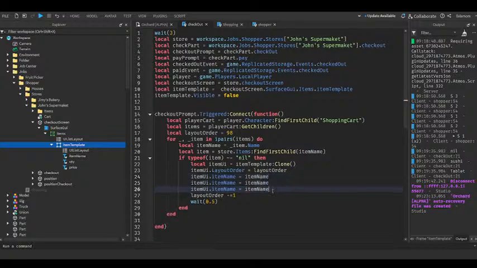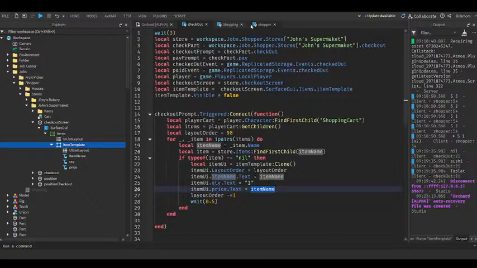Okay, we just duplicate. We have our quantity and we have our price. So for now, we're just going to make quantity equals 1. Oops, dot text. Don't forget it's dot text because these are text labels. So all dot text, and that one is going to be in quotations. It's a text one. So the price will be